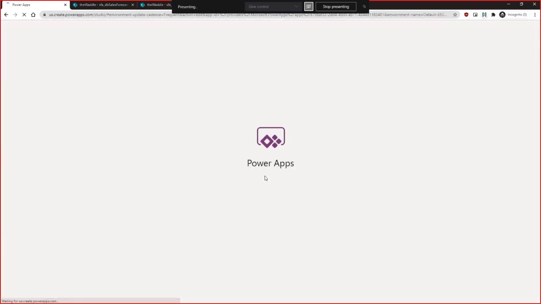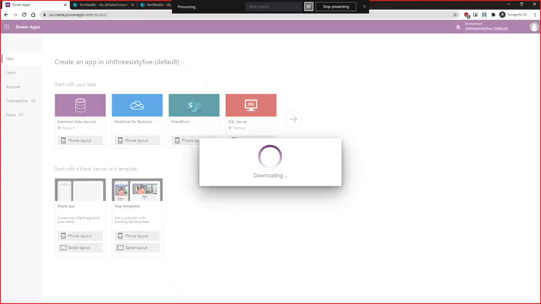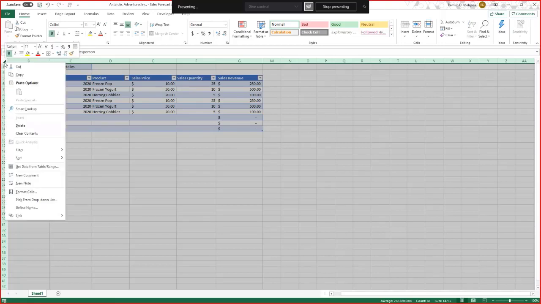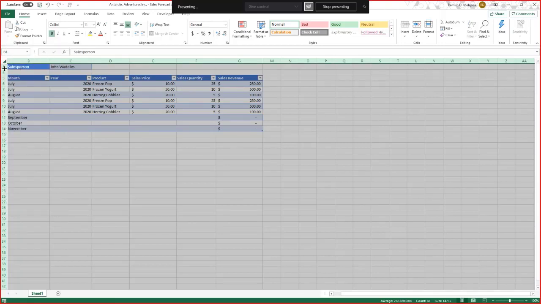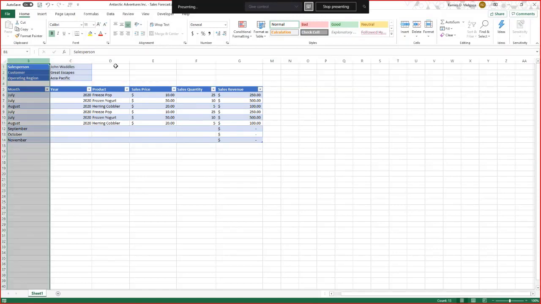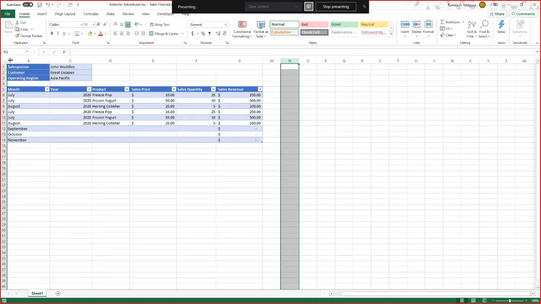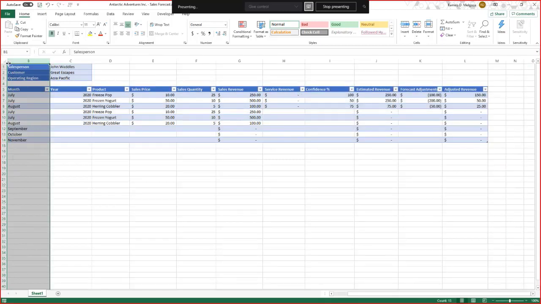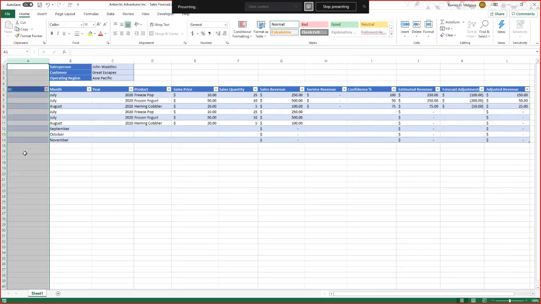So while that loads up, I just wanted to go ahead and jump over to that spreadsheet that I showed you guys earlier. Because in actuality, this is the same spreadsheet that I use to show the table that you're looking at from that new application. And all I did was hide some of the columns that I had in here. So if I go here and unhide all of these and unhide this one over here. All right, so you can actually see